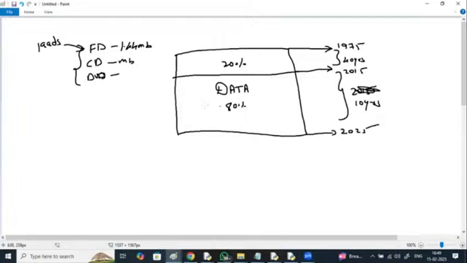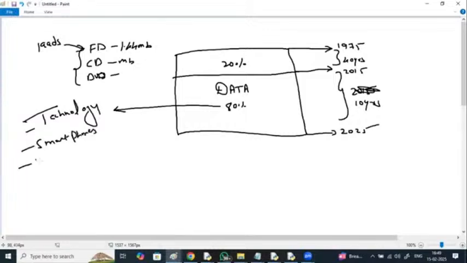Reasons for this huge data generation, especially in the last 10 to 15 years: the usage of technology. Because of the usage of smartphones and the internet. Go back to the 1990s, nobody knew about the internet. Now everyone is carrying the internet, smartphones.